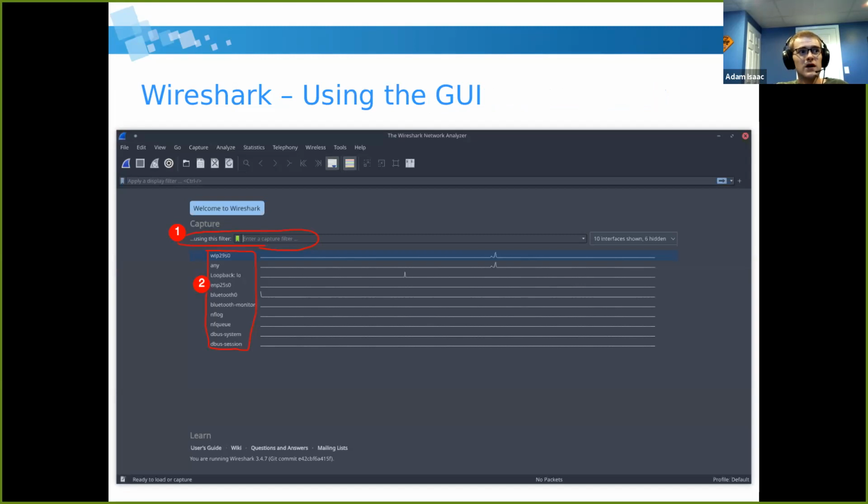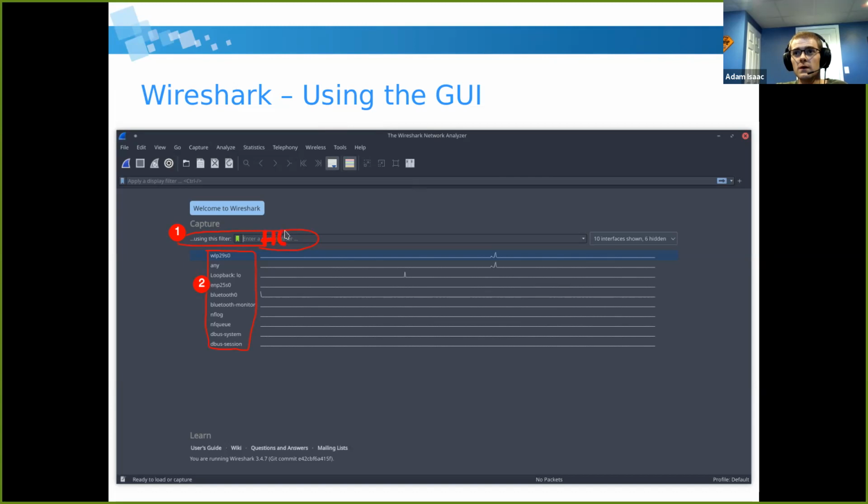This is Wireshark's GUI, and this screenshot was taken immediately after Wireshark was launched. So this is your basic startup screen. To start capturing traffic, up here in box number 1, you can insert a traffic filter to specify the ports, hosts, and other information that you're interested in in order to cut down on some noise. Because by default, Wireshark just shows you every single bit of traffic it's able to see over that interface. So for example, I might insert